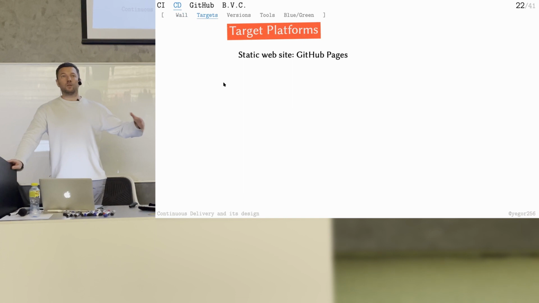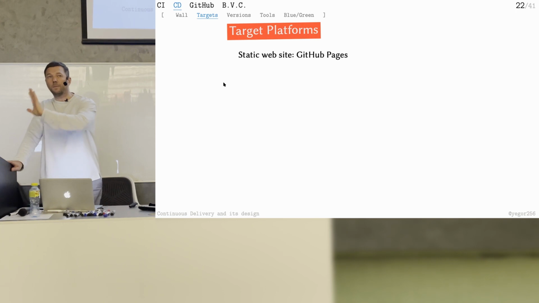10 years ago, in order to design a website, we were writing PHP files, which were generating HTML. Then we were renting a server. On the server, we installed these PHP files, and then people go to the server, the PHP engine generates the HTML delivered to people, people look at this